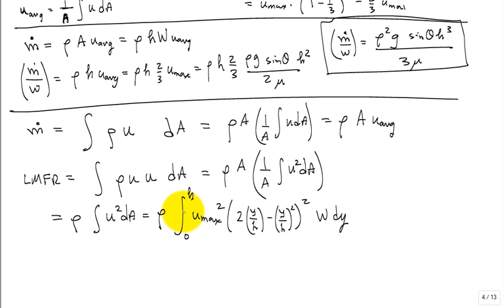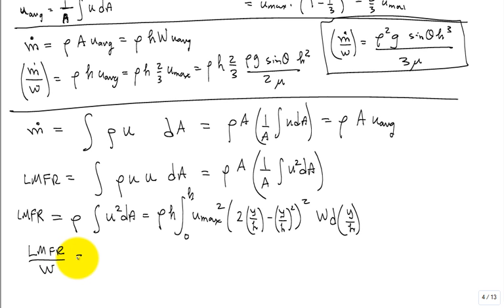Yeah, this is for the linear momentum flow rate. All right, well, I guess I do want to put in an h here and an h over here, right? So this term becomes d of y over h, true? And then I'm going to pull that w out, and so I'll have the linear momentum flow rate per